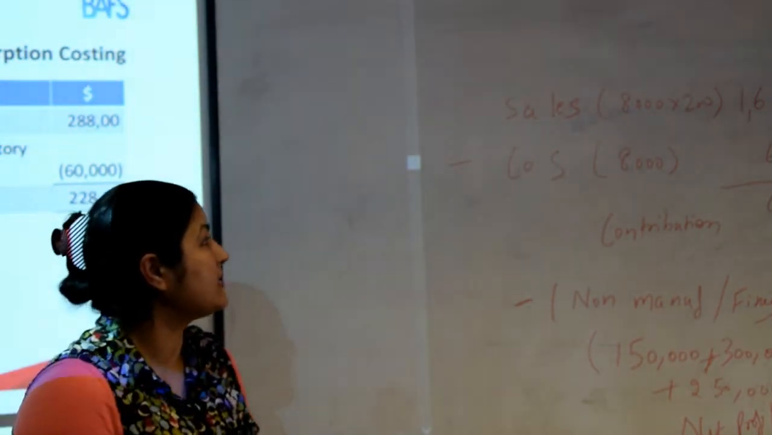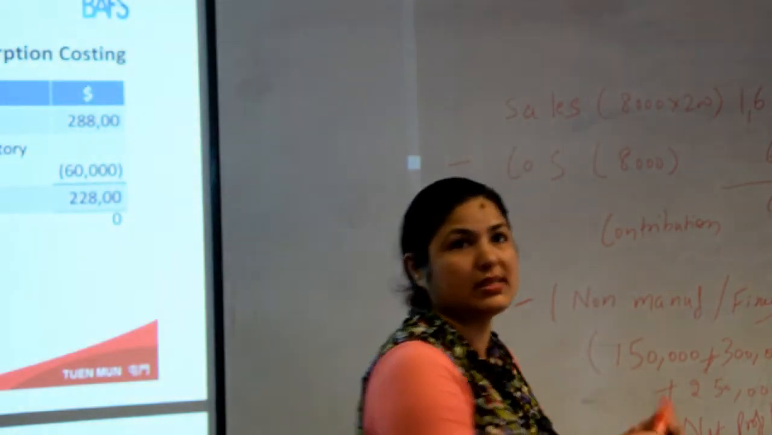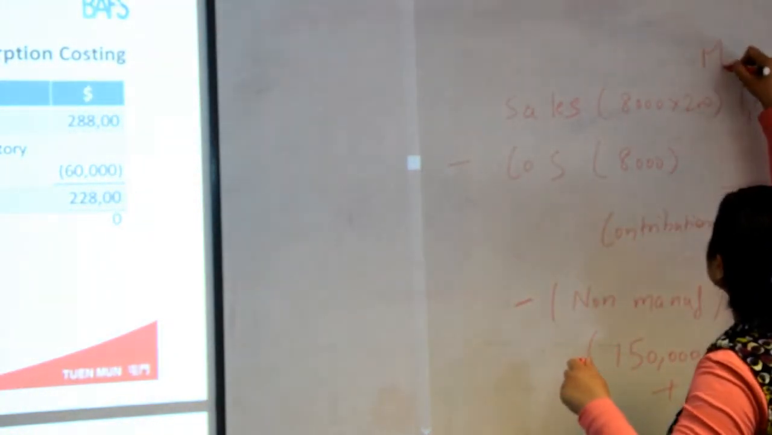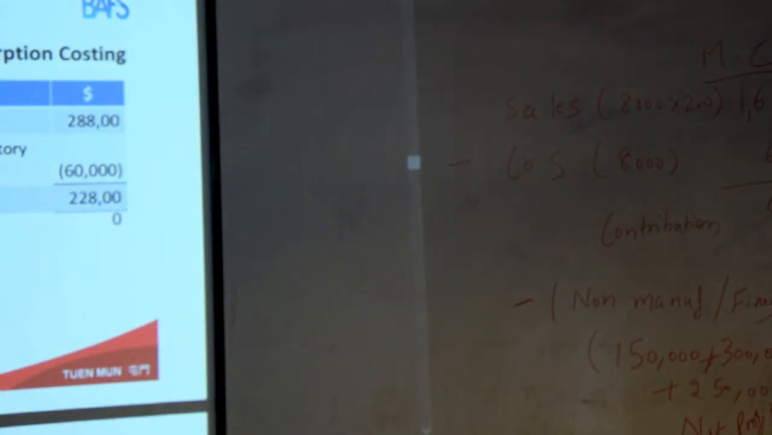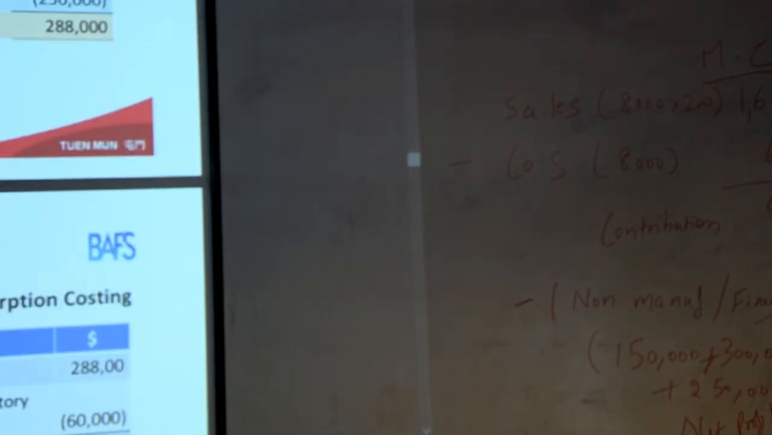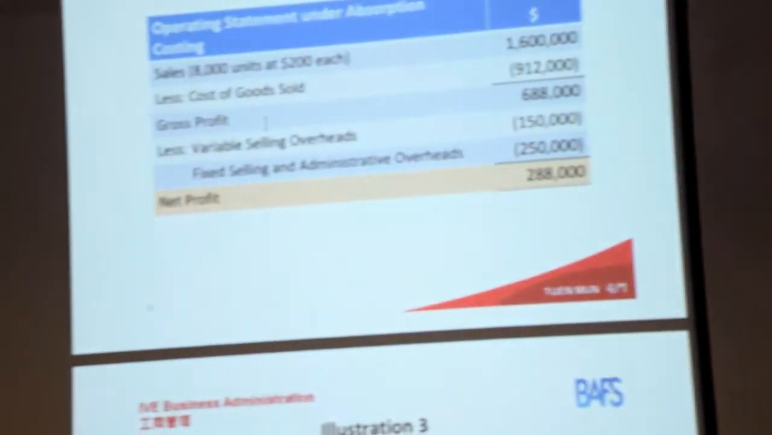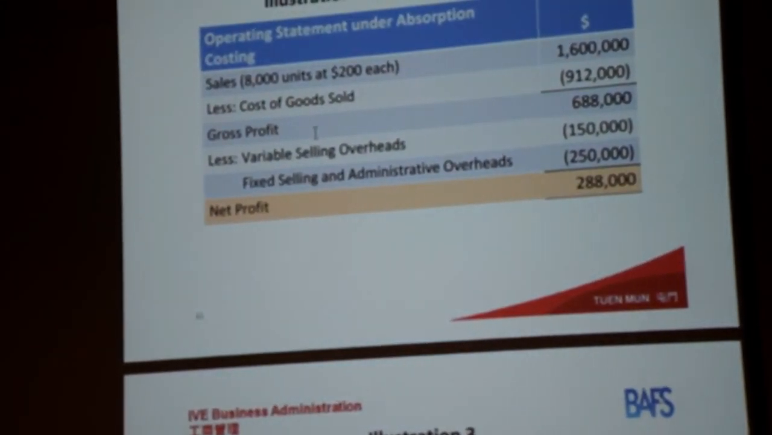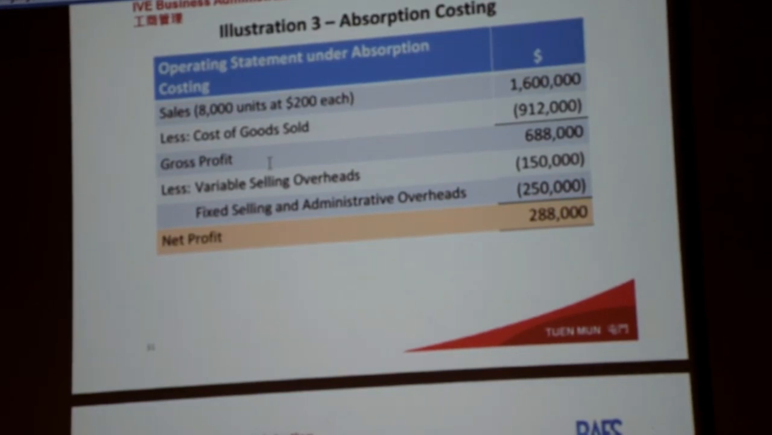So really, if we look at the contribution figure for marginal costing, we can see that the contribution figure is going to be higher than the absorption costing gross profit. The gross profit, if you see, is 688,000, whereas the contribution is 928. Yes. Because we have already taken